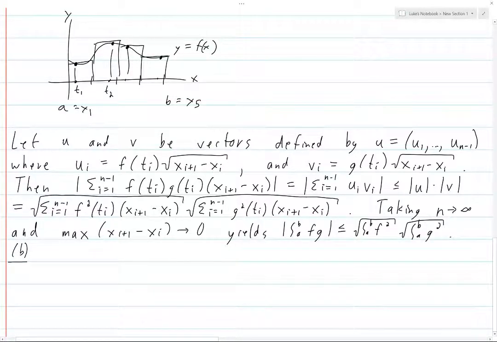Anyways, moving on to B, what do we have? Basically what we need to prove is, if equality does hold in this inequality that we've just proven, does that mean that f equals lambda g for some lambda? In general, equality in A does not imply that f equals lambda g for some lambda, and this is because